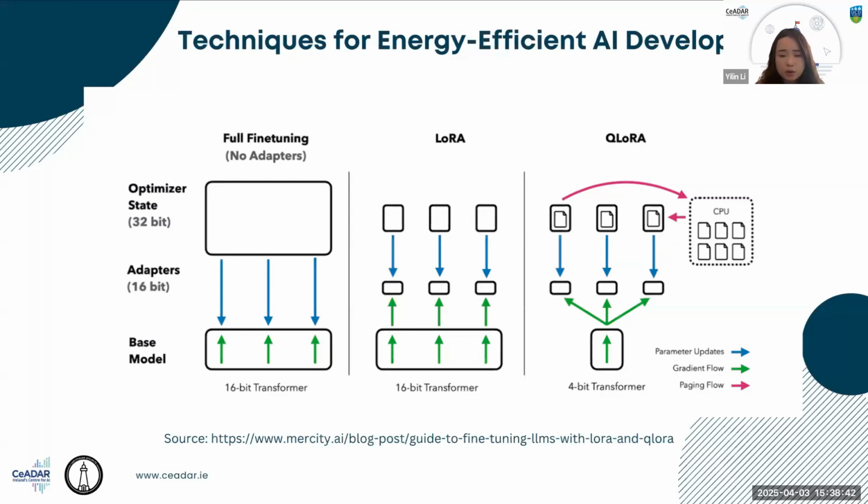In the middle is LoRA, or low-rank adaptation. Instead of changing the whole model, it adds a few small adapter layers that are trained separately. This will save memory, and training each layer separately can speed things up. And on the right is QLoRA. It goes a step further by using